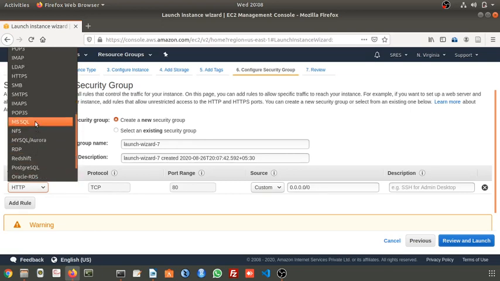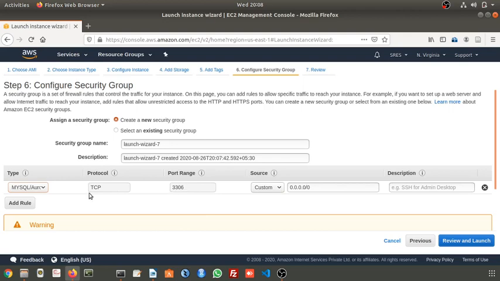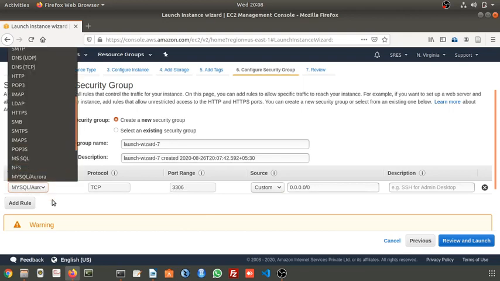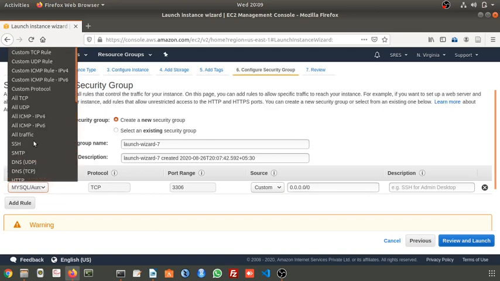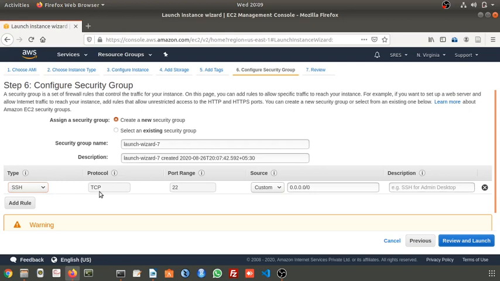Okay, or MS SQL, whatever it is. Okay, PostgreSQL, your MySQL is there. If you want to run MySQL, you have to enable this 3306 port. Okay, so one after the other you can add. So now what I will do is I will just enable this SSH. And here if you want, you can add a description. Okay, if you enable this SSH, what will happen? You can connect to your virtual machine from your local environment.